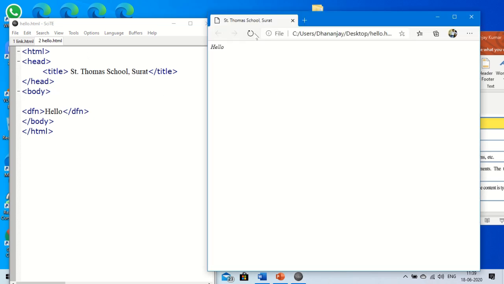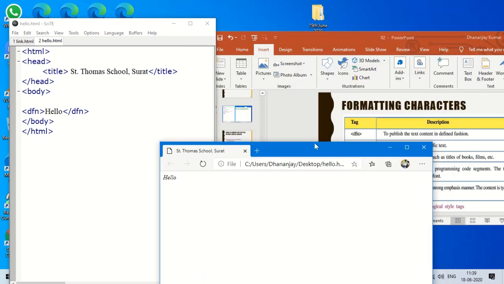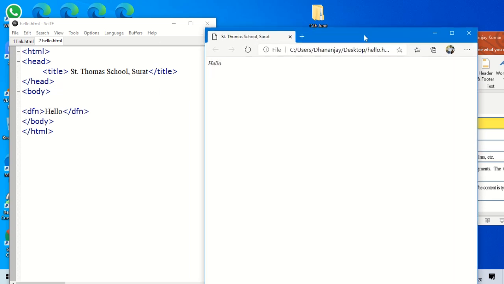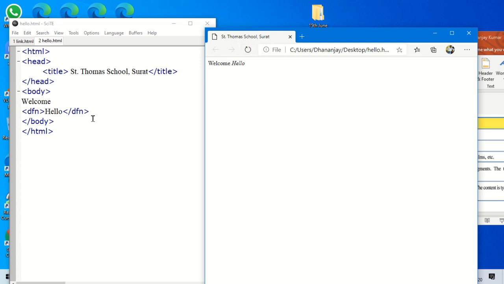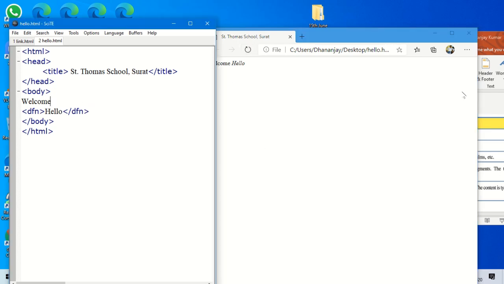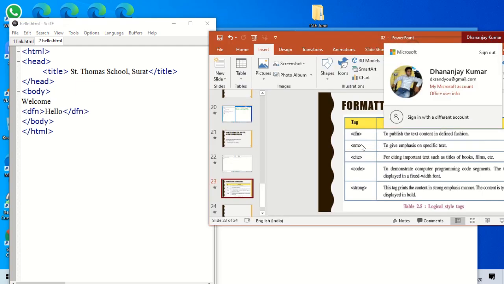You can see this hello is coming in a different style. Normally, if I give it without this DFN, then you can see how this is going to appear. You can see, right?